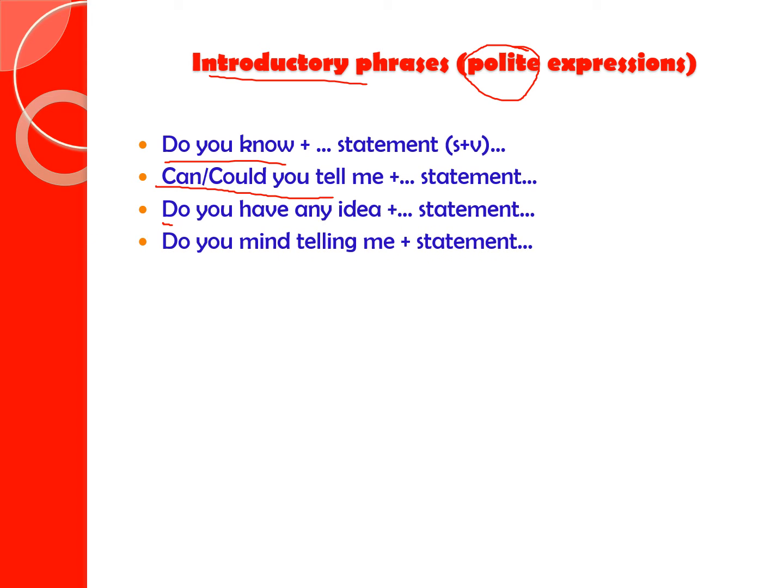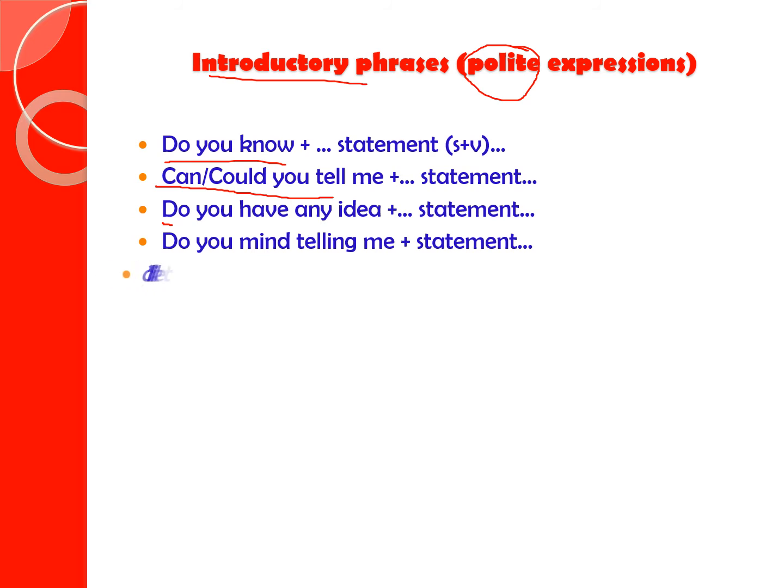Do you have an idea of where Johnny is right now? Do you mind telling me what time it is? Do you mind telling me what your occupation is? Not what is your occupation, what your occupation is. Remember,